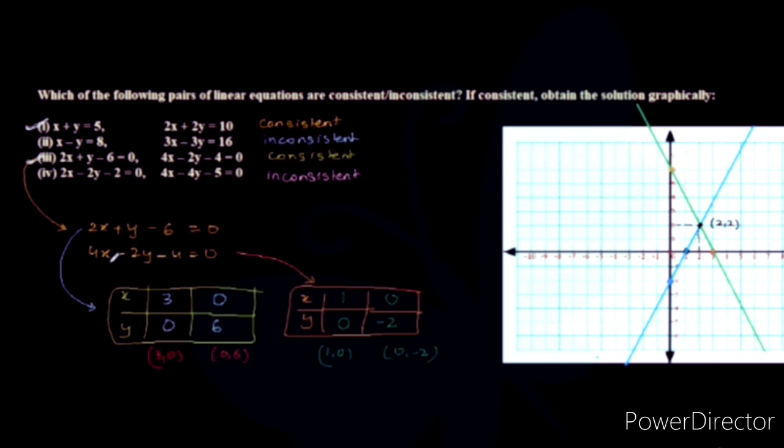What about the second one, guys? This would become 4 times 2 is 8, and 2 times 2 is 4, so negative 4. 8 minus 4 is 4, minus 4 is 0 again. So yes, the left hand side is equal to the right hand side, right? So yes guys, 2 comma 2 is the common solution to both of them. As we also saw, the third pair is actually consistent with the intersection case, right? So I think that's pretty clear, and you can also visualize it graphically, that these two lines are intersecting precisely at 2 comma 2, right? So guys, I hope it's pretty clear with everyone.